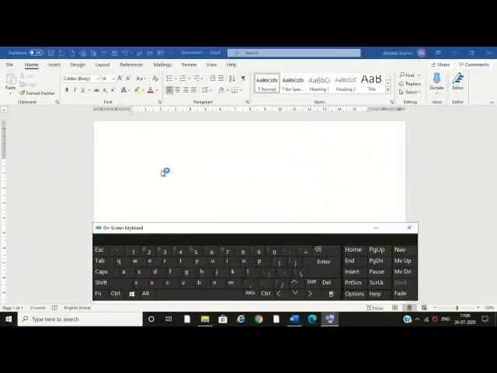Children, let's learn about the different keys, how we use them on a keyboard. Okay, so I will be typing in a sentence here. I want to type I